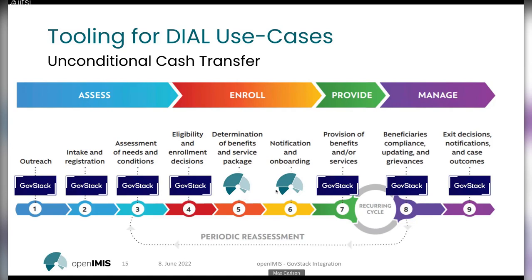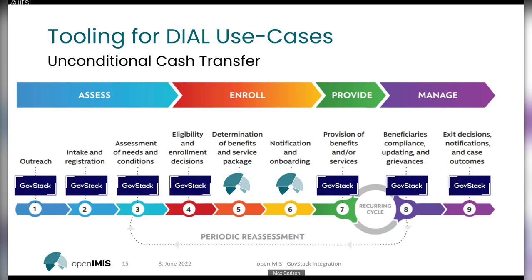Notification onboarding would be handled by openIMIS, and then it would pass that off and actually execute the payments, do notifications, and this continuous recurring cycle of management of benefits, deciding does the person still qualify for this, responding to grievances if they decide to exit, dealing with that, tracking case outcomes. So all of these would be handled by GovStack, but we can still, using this level 1